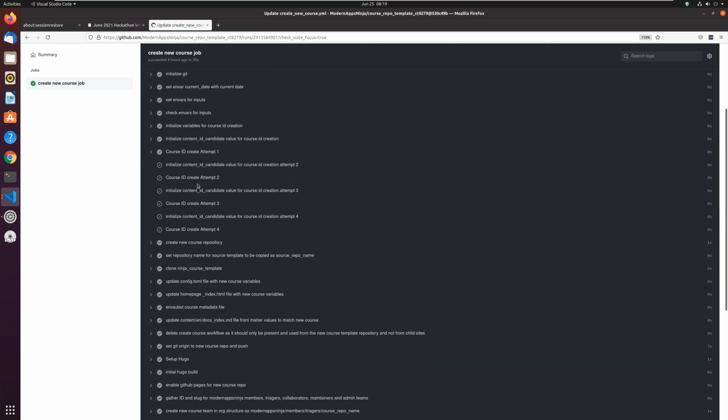At the time I wrote it, as you can see here, it's going through multiple attempts rather than having proper looping logic. I'm still not certain if the limitation in how I ended up writing it was a limitation in GitHub Actions or a limitation in my knowledge of GitHub Actions.